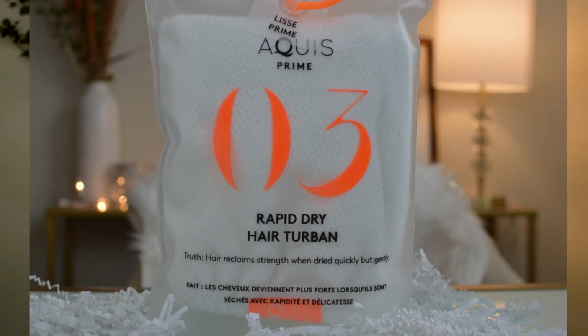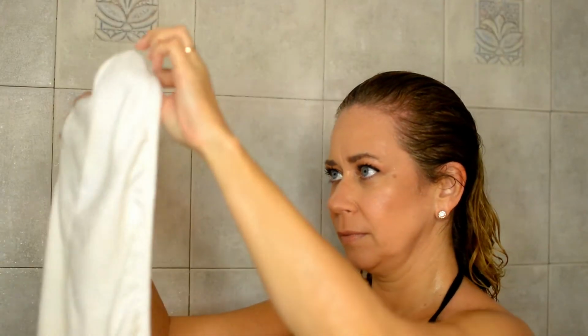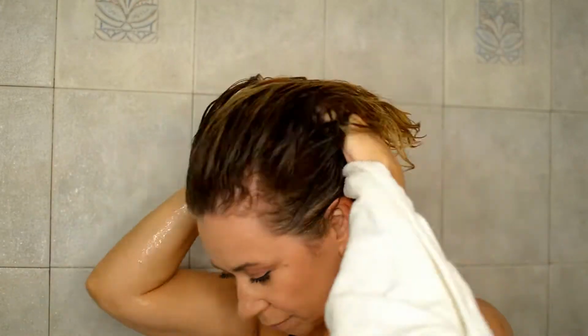Step 3 is pretty much the star of the show. It is this rapid hair dry turban that you put over your hair. After you shampoo your hair with the hair wash, which is step 2, and you're done with your shower, I like to just rinse as much water out of your hair as you can, and then you're gonna put on